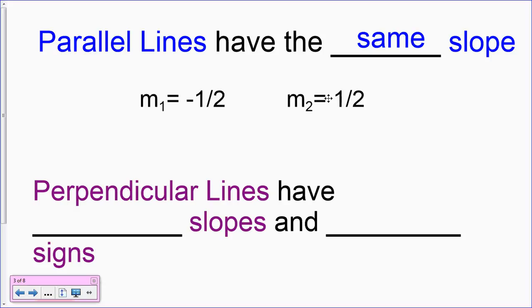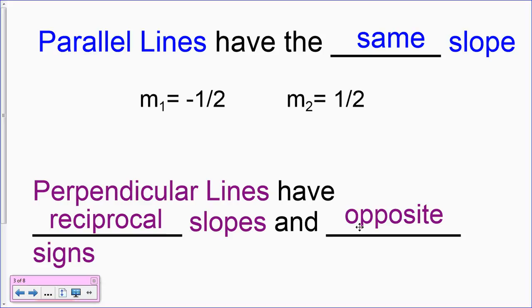So here's, like, this is for one line. This is, ooh, that should be a negative right there. I don't know if I can change it. That should be a negative 1/2. Please change that. Okay? Or they should either both be 1/2 or negative 1/2. They should be the same. Not the same number in different signs. They should be exactly the same. Okay? Sorry about that. Perpendicular lines have reciprocal slopes